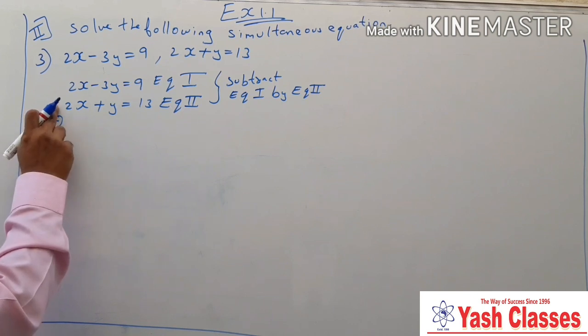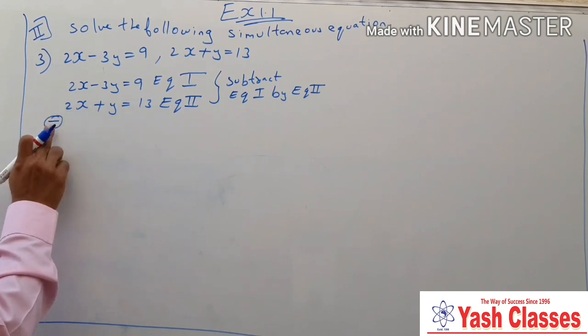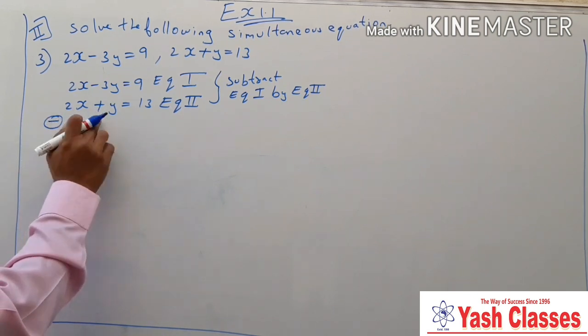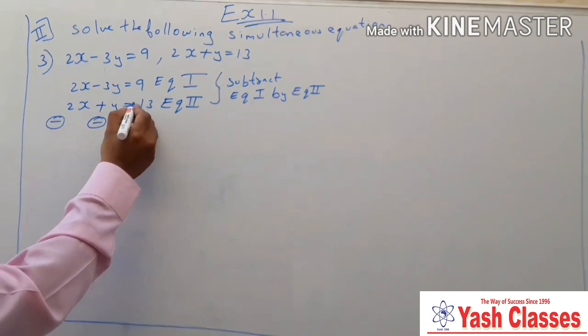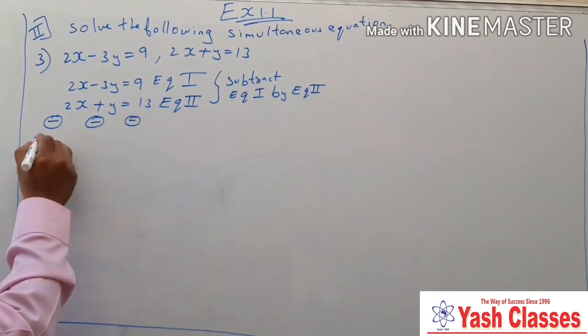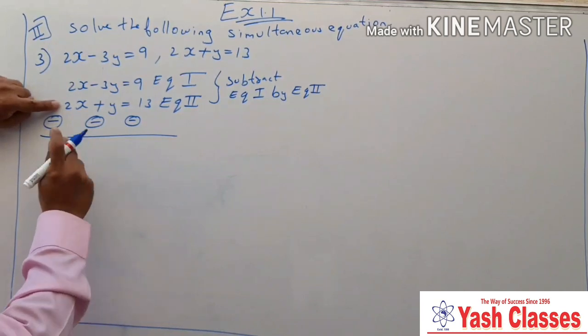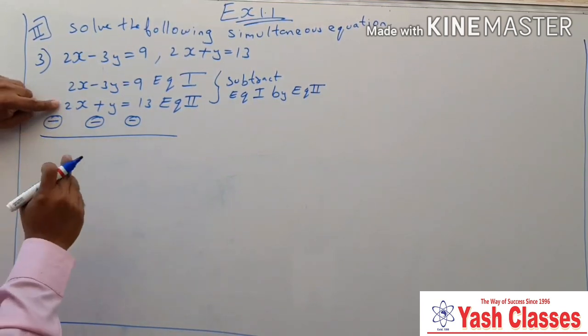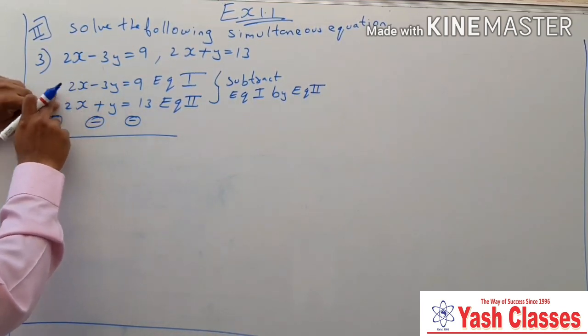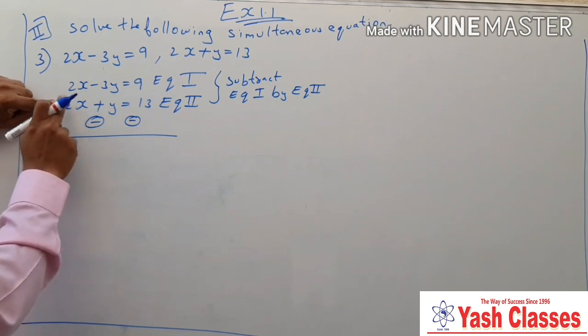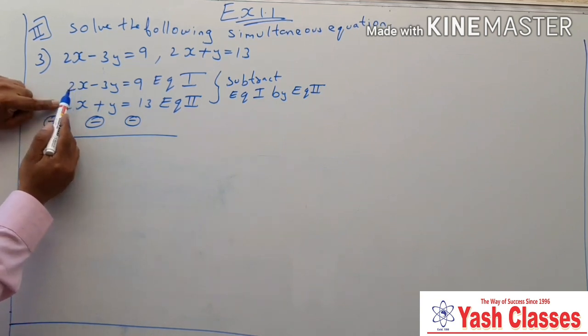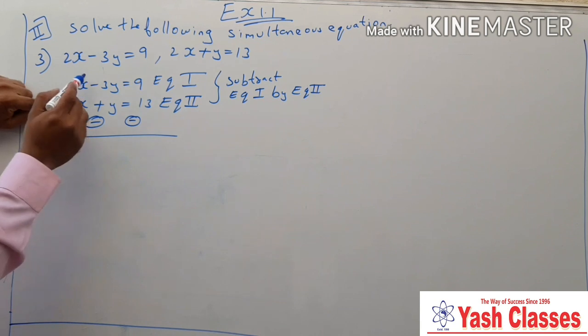Here plus sign is there, you have to put here minus. Here plus is there, you have to put here minus. Here plus sign is there, you have to put here minus. Now value of this sign plus is no more. Plus 2, see here, plus 2 minus 2, cancel.